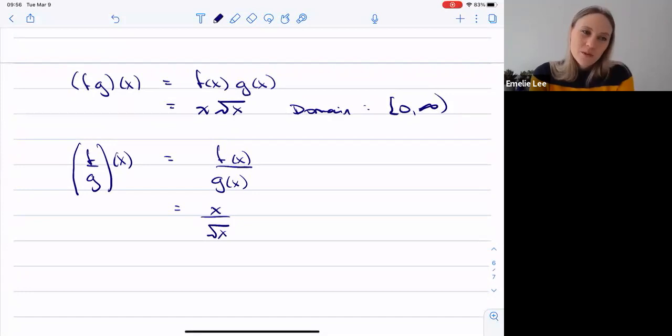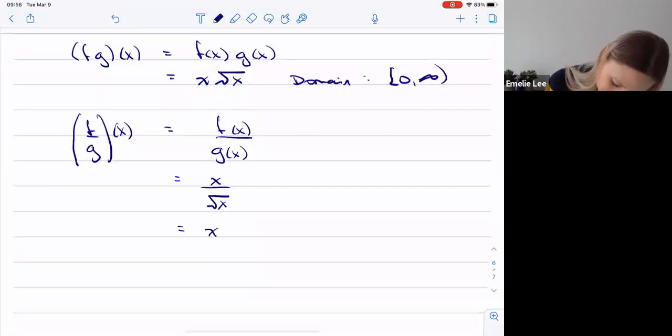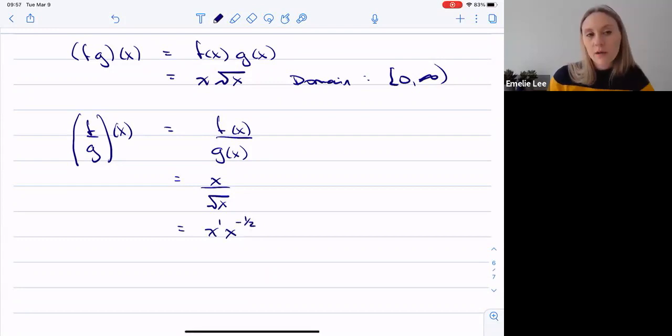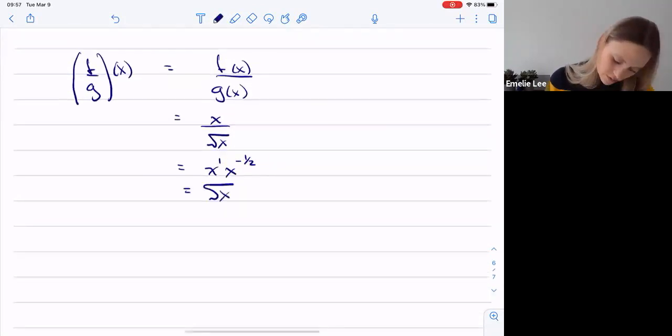This one I would simplify a little bit, just because it doesn't look that clean, right? This is the same as x times x to the negative 1/2. So let's just simplify this a little bit. X times x to the negative 1/2, and this is x to the power of 1, right? So 1 plus negative 1/2 puts me at positive 1/2, which is the root of x,